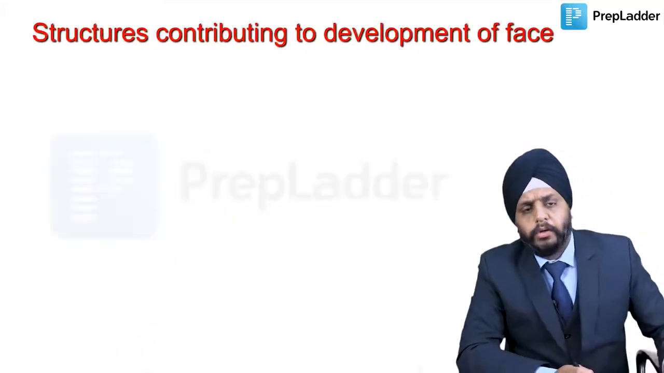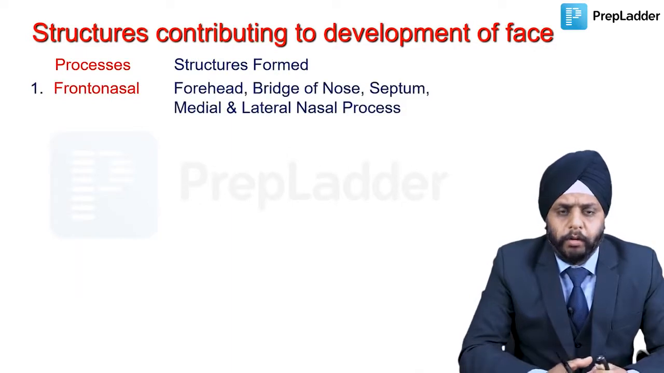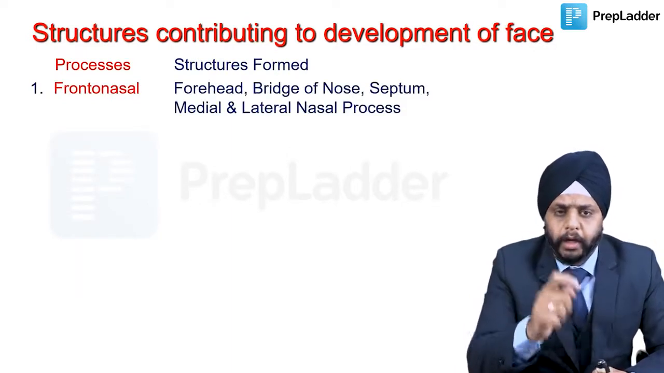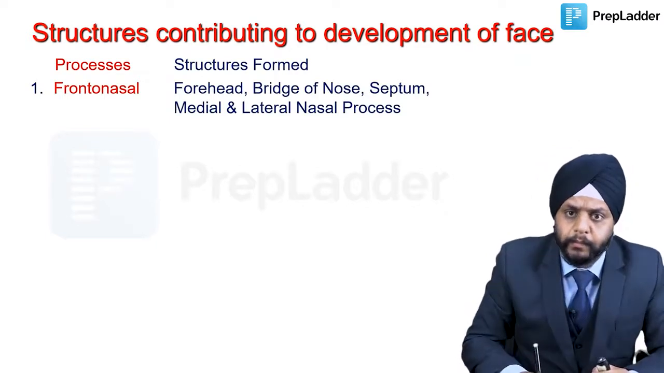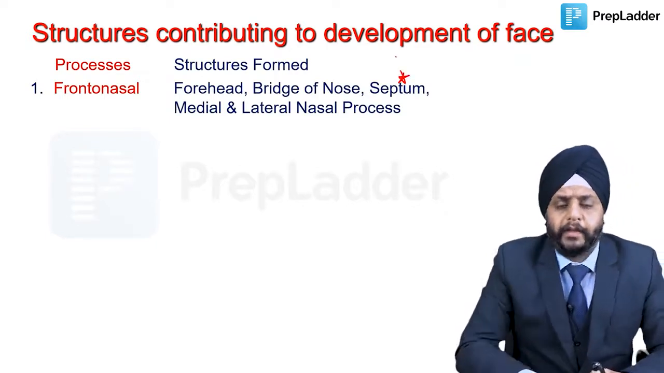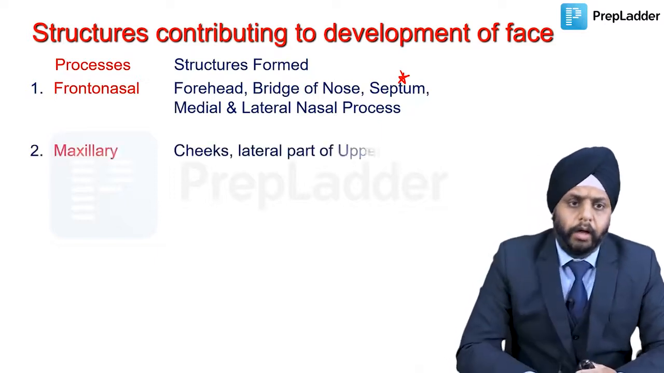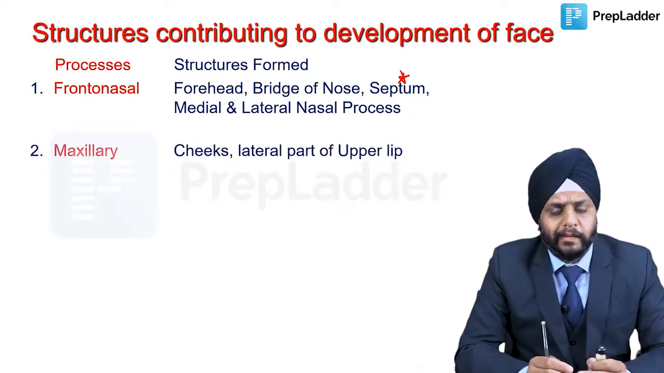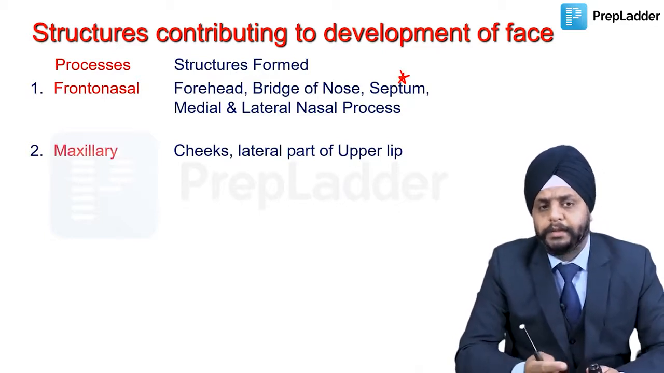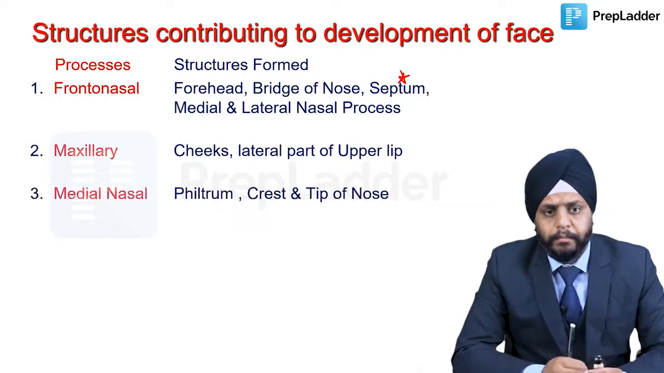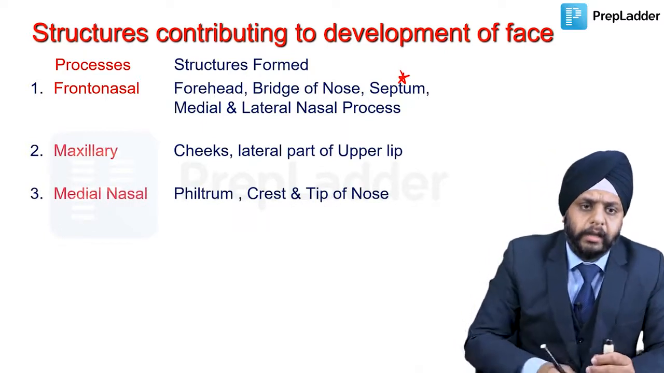Okay, so structures contributing to development of face: we know the frontonasal process forms the forehead, bridge of nose, nasal septum, as well as the medial and the lateral nasal processes. Now the maxillary process, we know it forms the cheek and the lateral part of upper lip except the philtrum. The medial nasal process, the two sides, they combine and form the